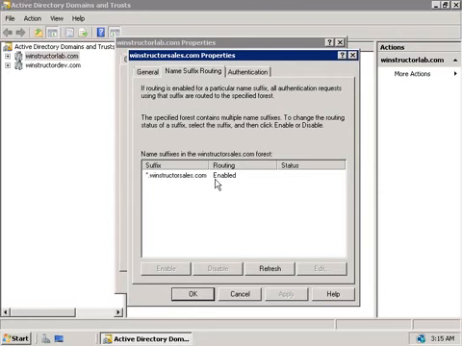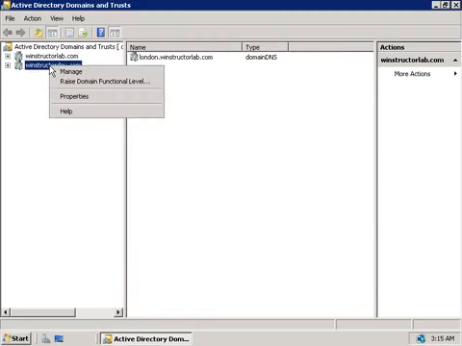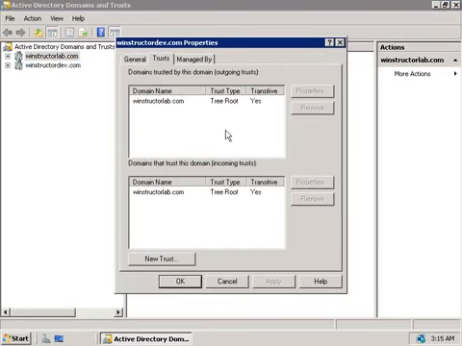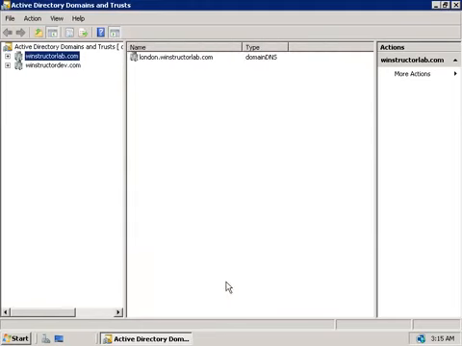Now, one thing I also should mention is, although we've just set up a transitive trust between Winstructor Lab and Winstructor Sales, any other domain trees that we have in our forest aren't automatically shared. So you can see over here on the left that we do have another domain tree here, winstructordev.com. So if we go and cancel this, and then right-click on Winstructor Dev and choose Properties, and then the Trust tab, you'll note that in here, this domain knows nothing about winstructorsales.com. So if you need these two to communicate, you'll need to create another trust relationship between them.